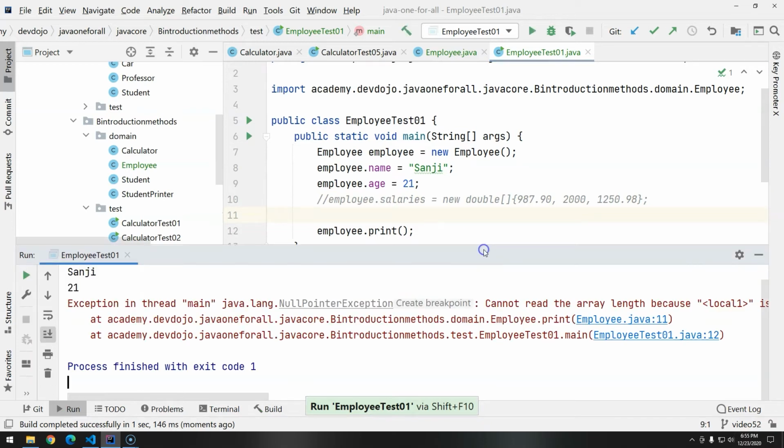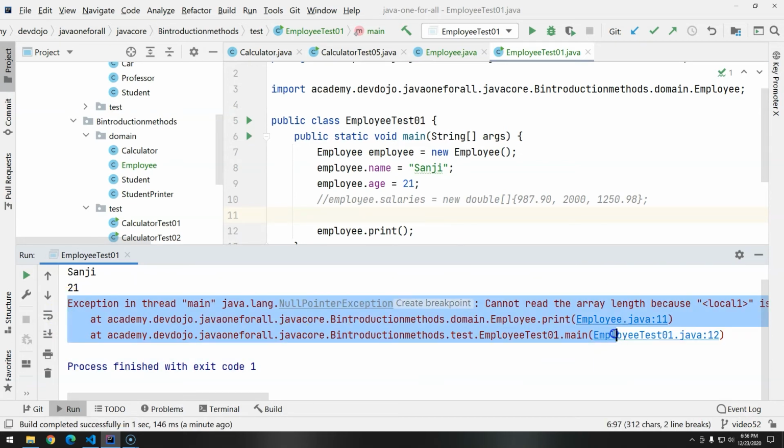Oops. So as you can see, this is what we call a runtime exception. Runtime exceptions are most of the time the developer's fault. Why? Because there are several ways that we could prevent this from happening, or even take care of it if it happens. In this case, a null pointer exception is happening because we are trying to execute something that does not exist. So this is called a stack trace, and it is your job as a developer to see and understand